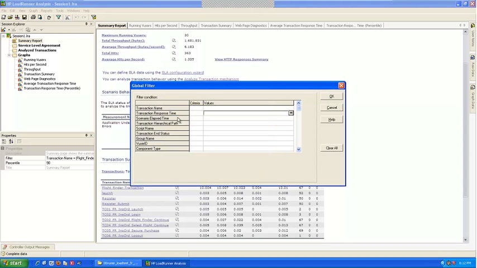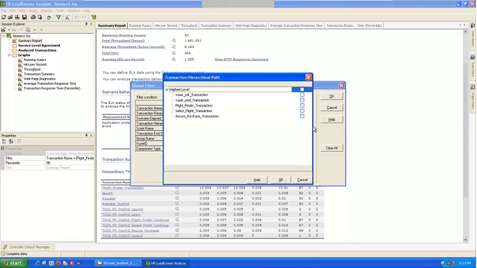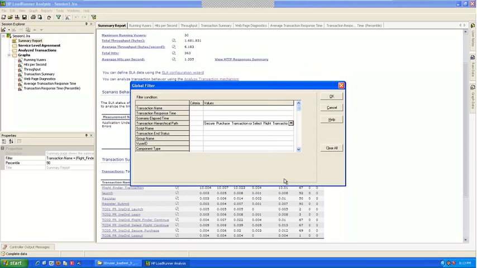Okay. Now hierarchical path, again, nothing comes up here. If you wanted to specify, oh, give me a second, it got stuck. If you wanted to see the flow of the hierarchical path, you don't want this, you don't want this, I want this. All the transactions inside these will come up. It's almost the same as setting up the transactions.